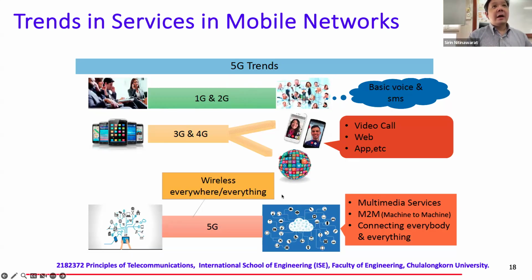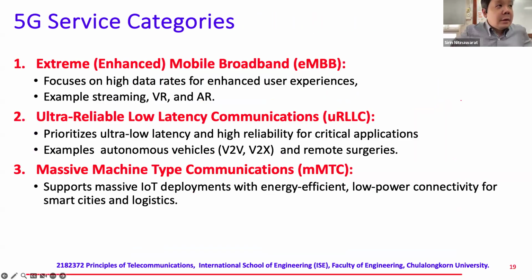So now it makes sense that when you want to go from 4G to 5G, we should have the idea of emerging applications in mind. And these target emerging applications will be related to the service categories that we are talking about now. So basically, the 5G network aims to support three diverging